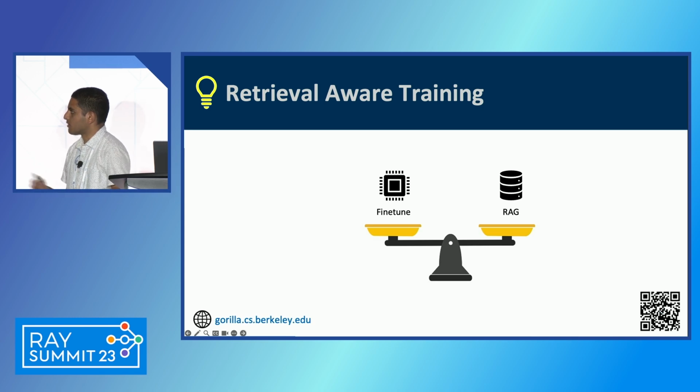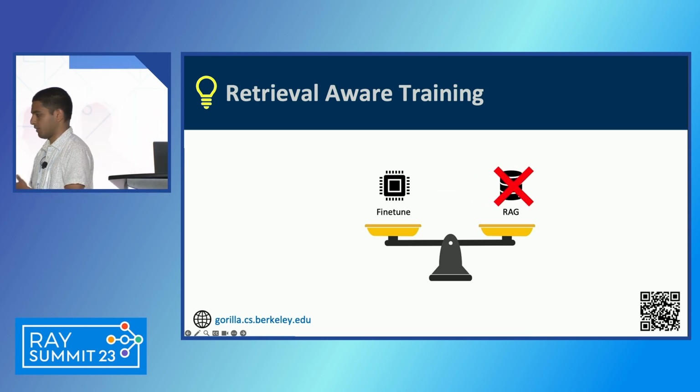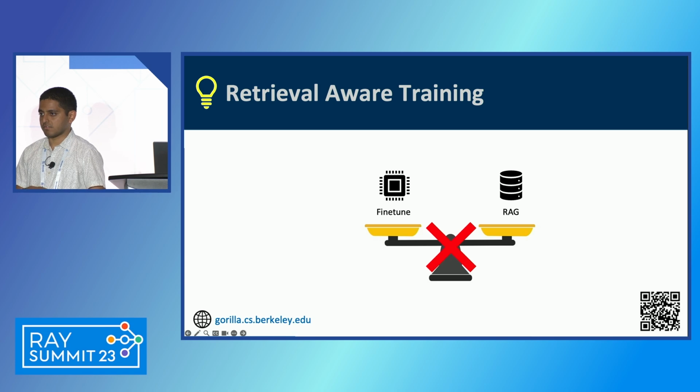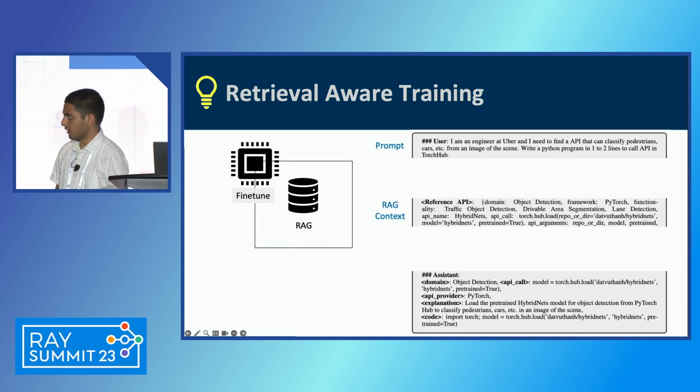Right. So in short, there's been a lot of debate where some people may use fine-tuning. Some people are like, hey, fine-tuning is not very relevant. I don't want to give cloud providers or language models my data. So then some people say, hey, use retrieval augmented generation, RAG-based techniques, but this may not be accurate either. And some people say, hey, can we actually balance the two? And we say, don't even do that, right? You can't pick one or the other. And if you're trying to balance the two, that may not work. Instead, do what we call retrieval-aware training.